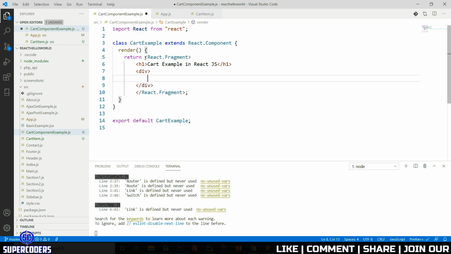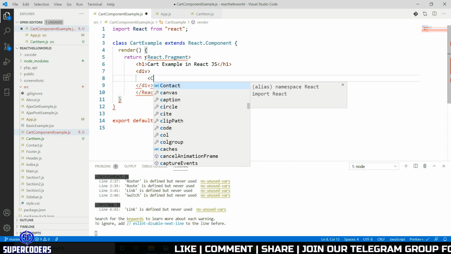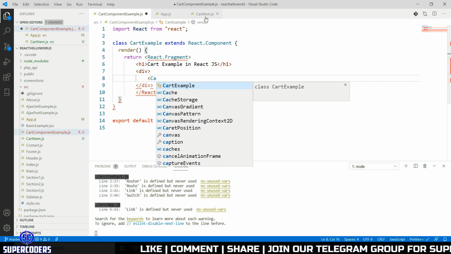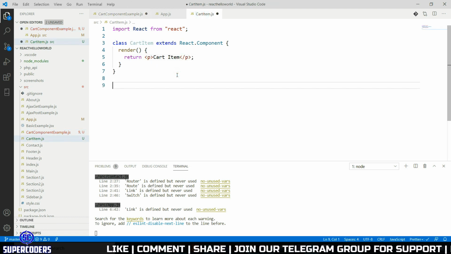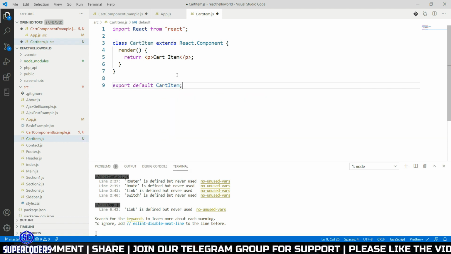So currently I am adding only single item. Let's do it. So cart. Also do one thing. Export default cart item. Save it again.